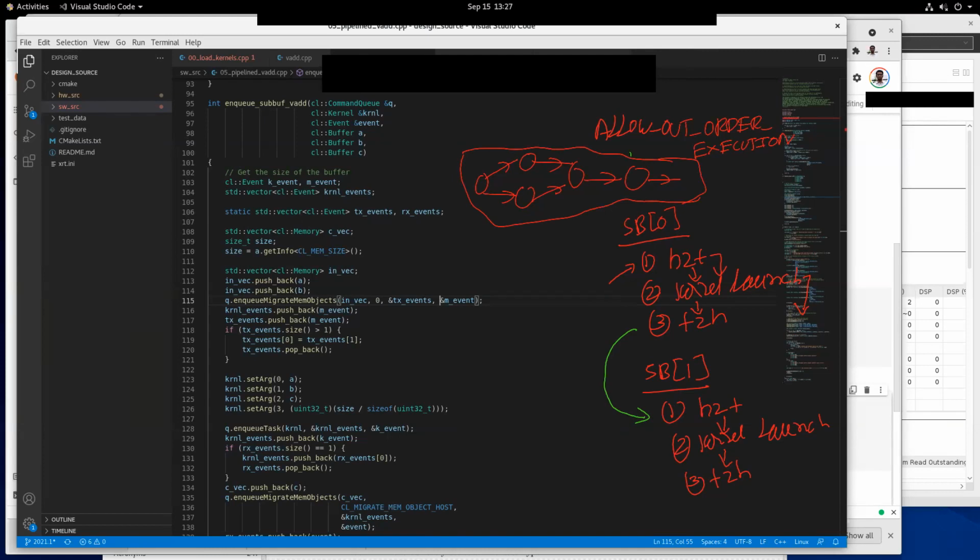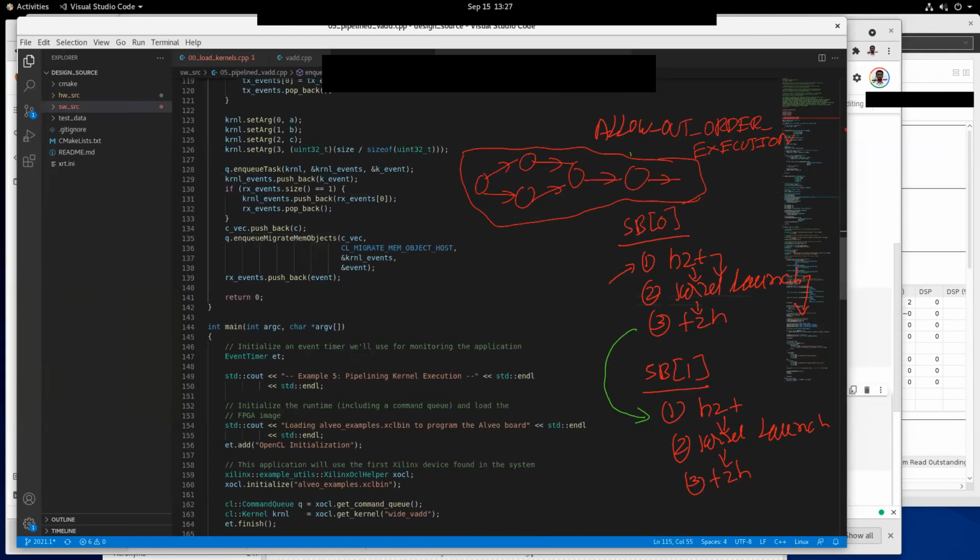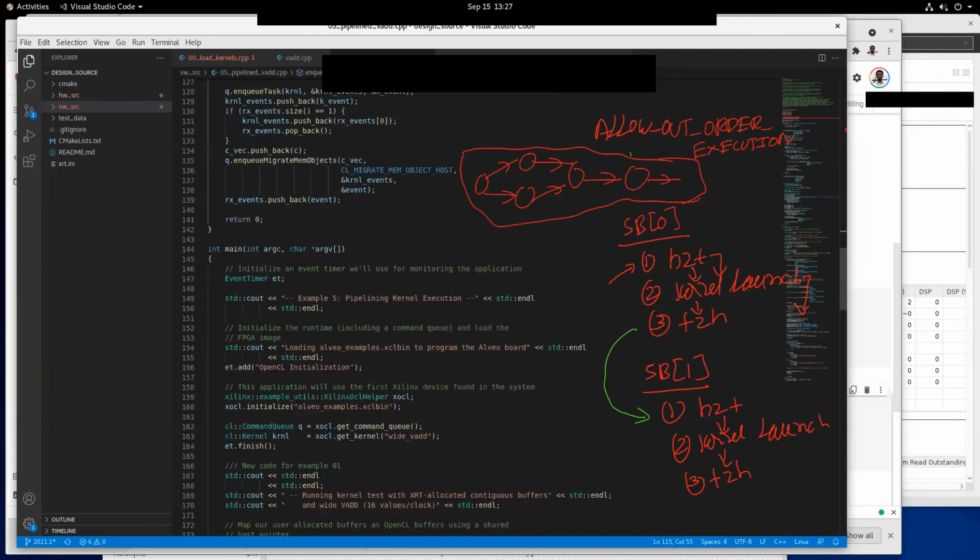I'm just thinking if I forgot anything else here. Just to make it clear, there is this initialize function. A couple of remarks I will make and then we'll break for today. There is this initialize, go to get command queue.